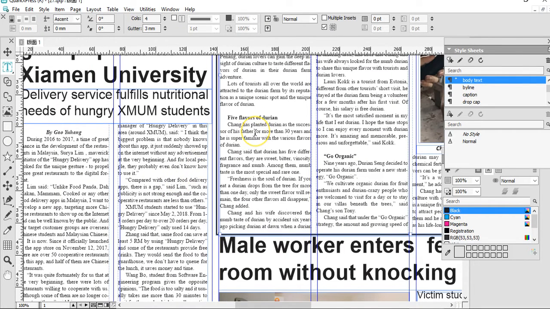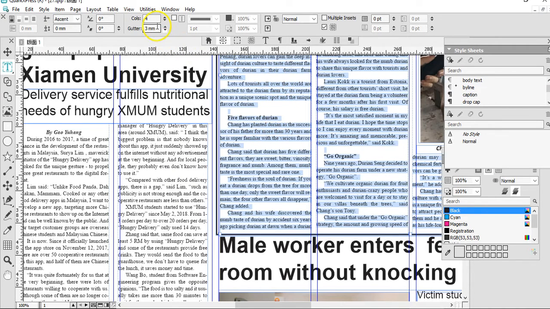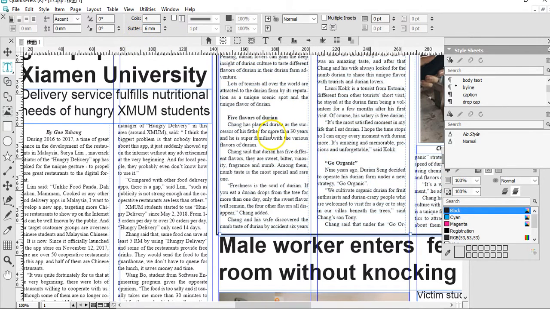Let me see what happens when I put that back at 6. Yeah, that's more normal. I guess 6 might be the right number. It was the indent that was screwing it up. Anyway, going back down here,